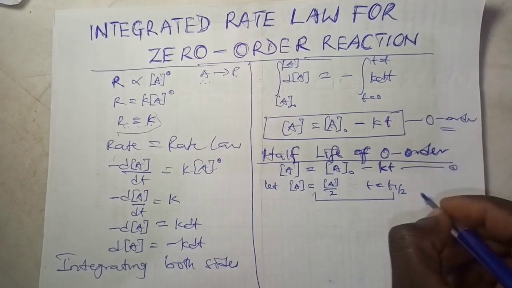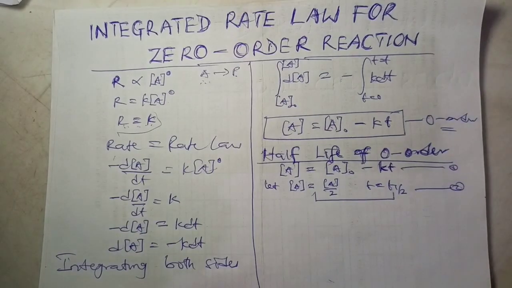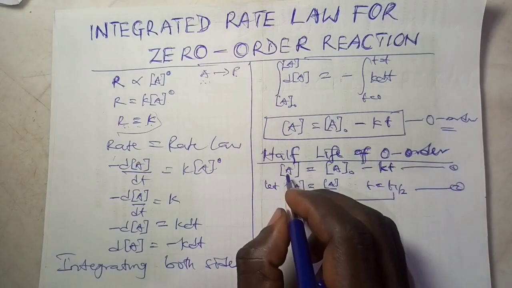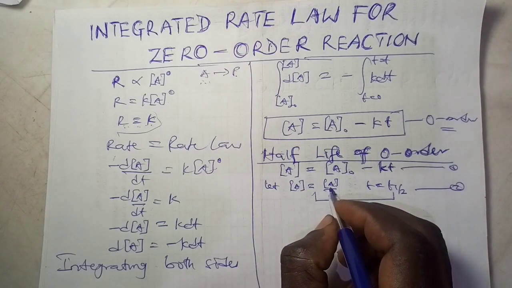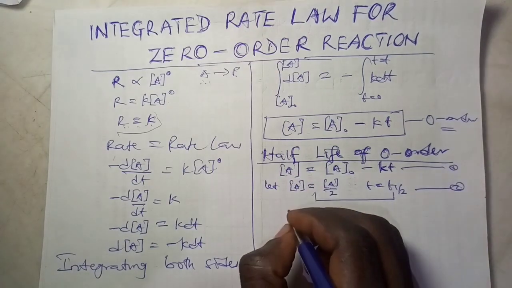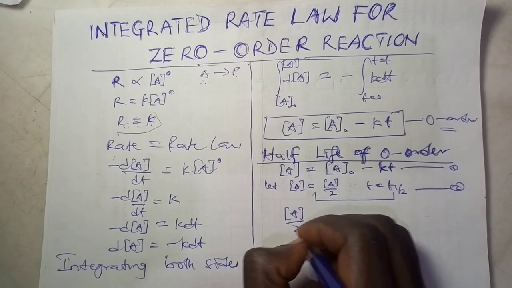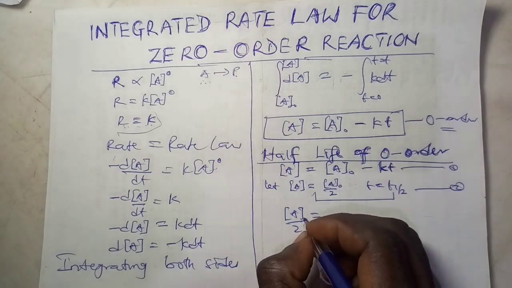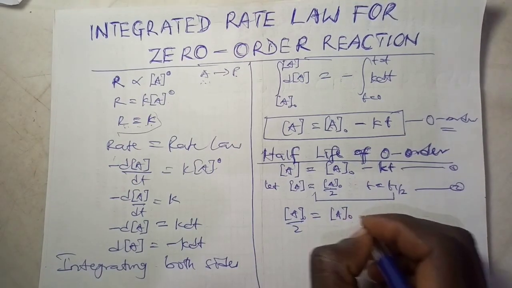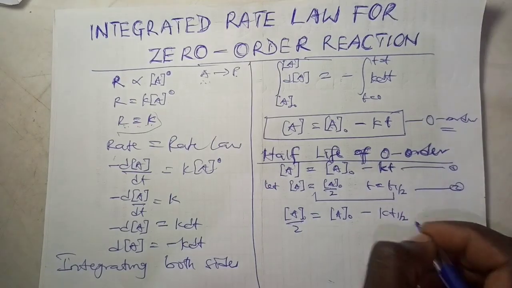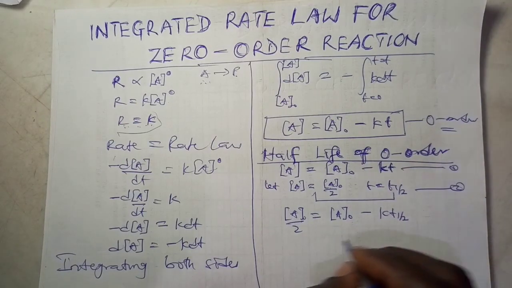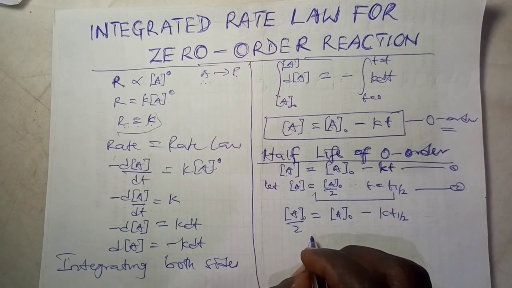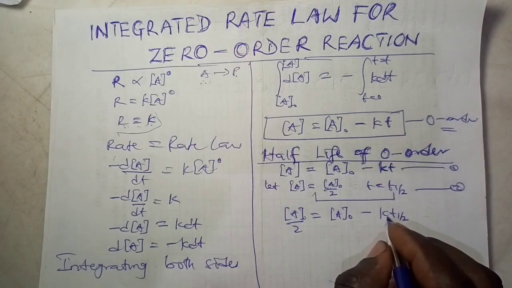If this is equation 1, this is equation 2. So I am substituting equation 2 into 1. In place of this, I'll be putting this, where I have A over 2 is equal to A naught, my A naught remains, minus kt half. Okay, so that means you are going to be having kt half,